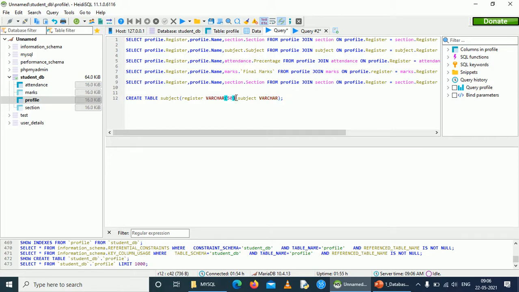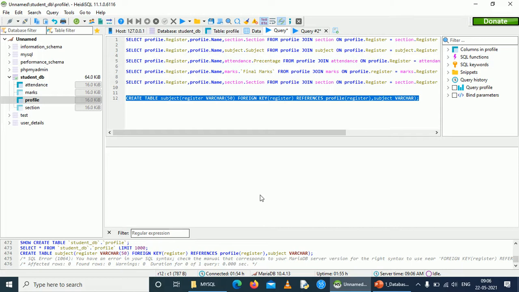So this must be mentioned in the place where the register is available. So I am going to create a table with the register number and subject name.